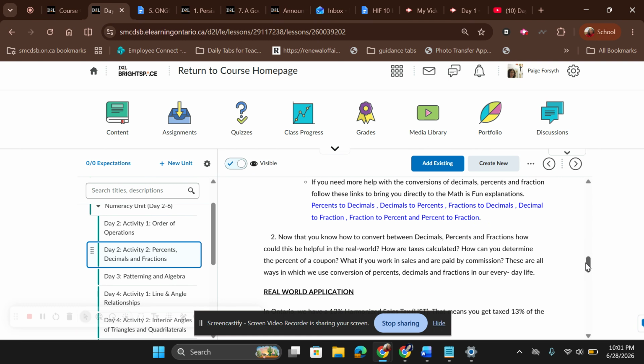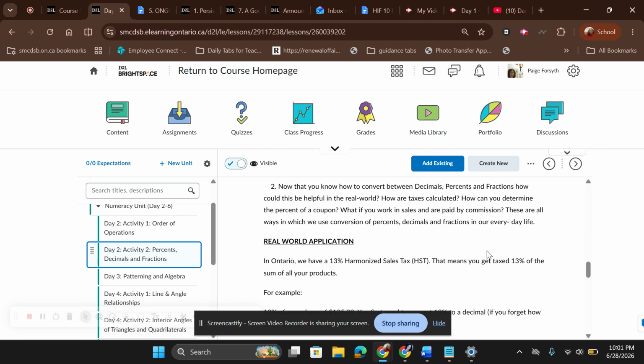So they sometimes get 2.5% of the sale of a house, or they might get 5% of the sale of a house. Some real estate agents advertise for listing your house at 1%. So those are all different ways in which you can use the conversion of percents, decimals, and fractions in your